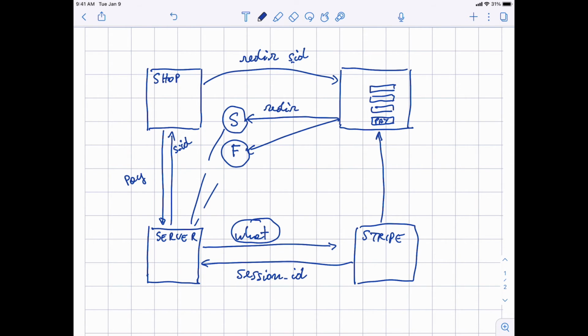You get a session ID back, and then there is the other part of the trick, that is the shop redirects you to Stripe using that very same session ID. This accomplishes two things. The obvious one is that Stripe will know how much to charge you, right? Because this session ID here is the same that you passed there. The other not so obvious one at first, but fundamental to the working of the transaction is this. You never enter credit card information on your actual store. The credit card information is only entered on Stripe.